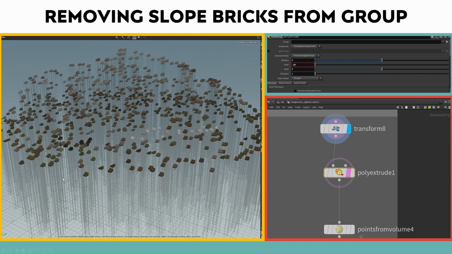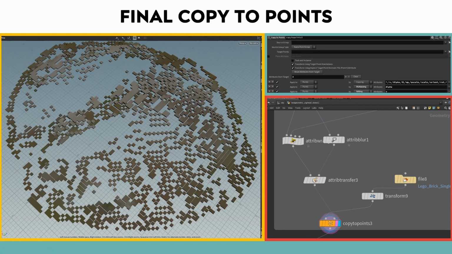We can use this and the previous attribute wrangle node in order to subtract from these two groups. So here you can see we have the same attribute wrangle as previously, and now we are just subtracting this from our flat pieces, and these are our slope pieces, so that we don't get those ugly intersections. So now we have a new point group, same point separation values as before, and we're going to use that same attribute wrangles as before. Similarly to our first creation when we were working with the single bricks, we use the attribute transfer so that we are able to get the colors from our texture